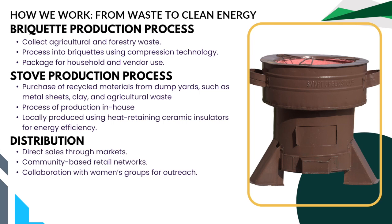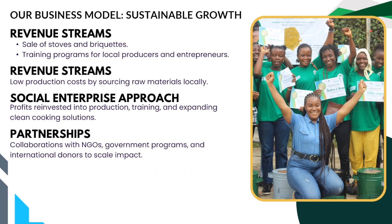That is the briquette. So we have direct sales through marketing. We do a lot of community engagement. We have collaboration with women groups where they are the main distributors and they get 10% of the profits made. So we have revenue from the training, capacity building trainings, from the sales of the